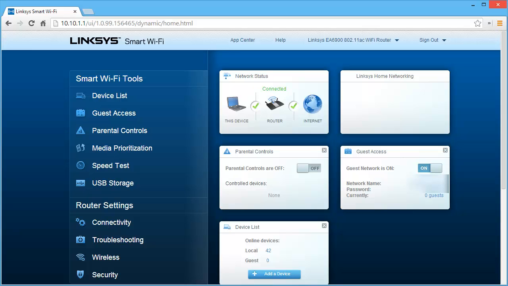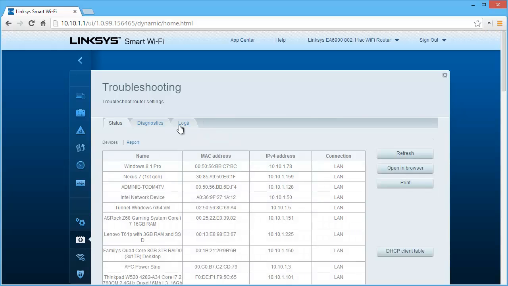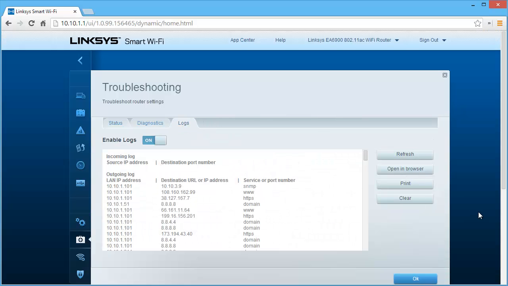Tonight I'm doing some testing of VoIP, specifically an Ooma device. I logged into my router and I want to show you that if I go to troubleshooting and logs, I have an easy way to determine what phone number I'm dialing with the Ooma device, what SIP server it hits, what Ooma server it hits. So if I'm going to pick up the phone, dial a number,